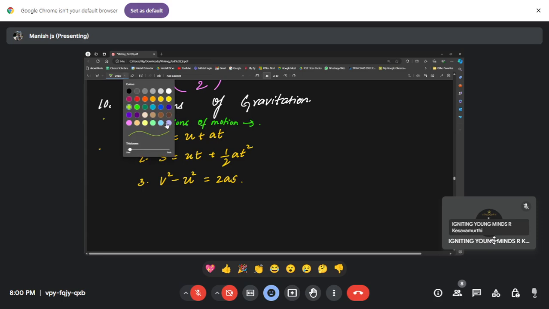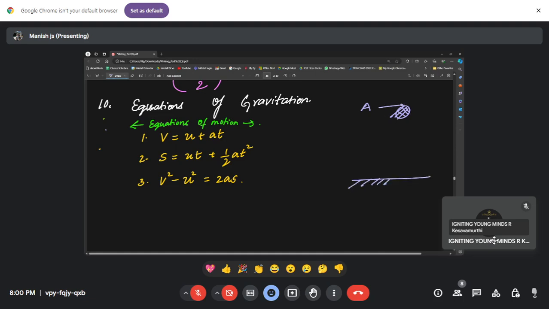So when I say equations of gravitation, there are two aspects. First one, the object in free fall. So when an object is in free fall, what happens? Let us try to investigate. So let me take an object having some mass. I'm taking a ball here. Okay, it has some mass and I'm dropping it from point A. This ball is dropped from point A to the surface of the ground. This is the ground surface at the bottom. So when I drop the ball, you can see that the ball is going to fall down and it is going to reach the final position B,